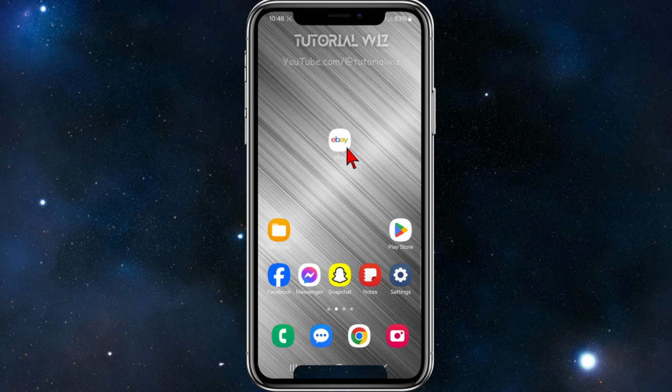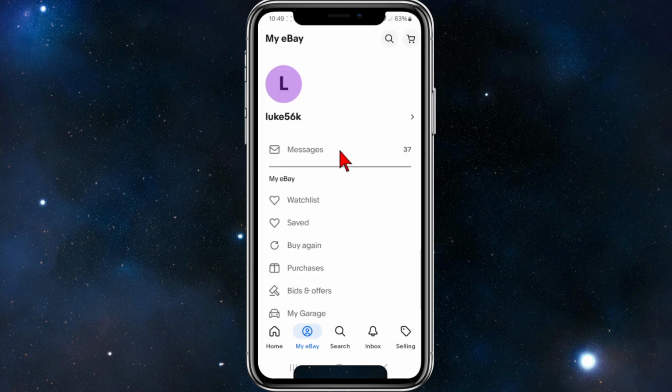In saying that, let's just jump straight into the video. Alright, so I'm going to jump into eBay and you'll be able to see the current text size. Alright, as you can see, it is set to this. So in order to make this larger and easier to read, what we need to do is head back and